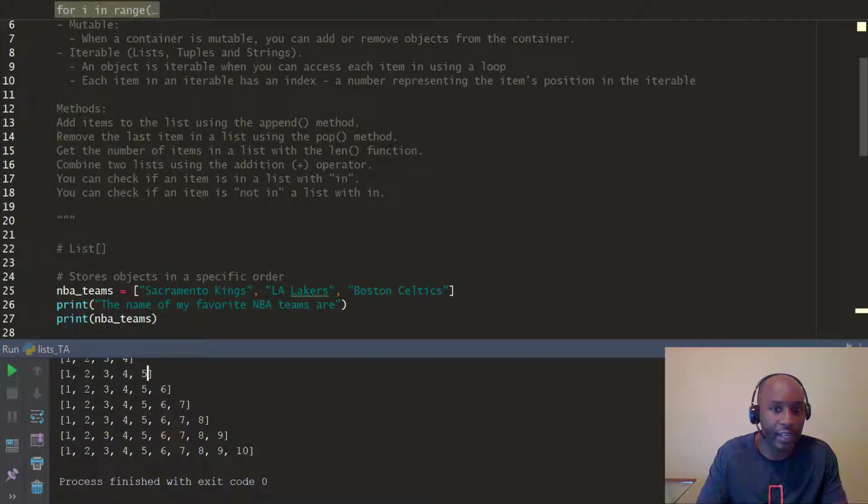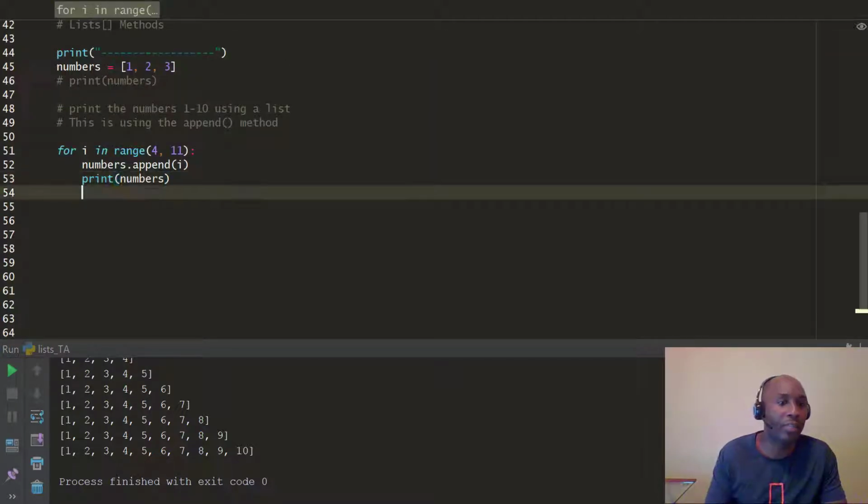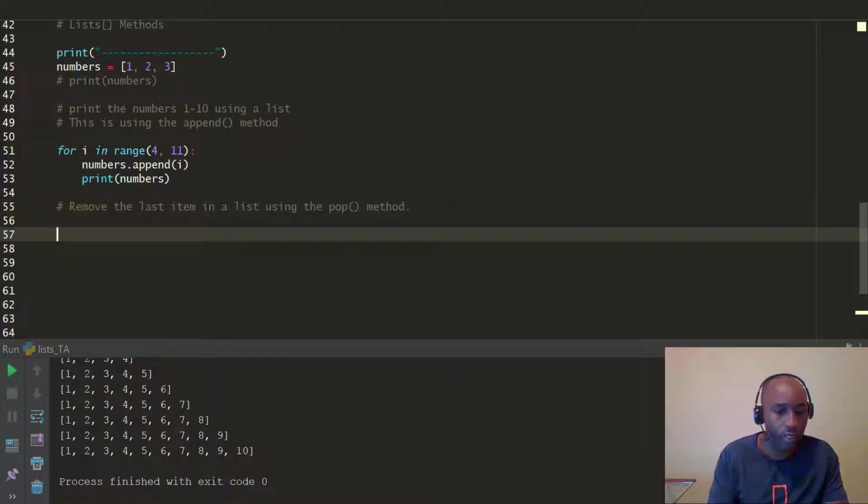The next thing I want us to look at here is how do you remove an item from a list? Remember, we talked about a list being mutable, right? So this is removing items, removing the last item from a list. So if we go back to our example with the NBA teams, if you guys don't recall, let's go ahead and print that back out. NBA teams, you already have that